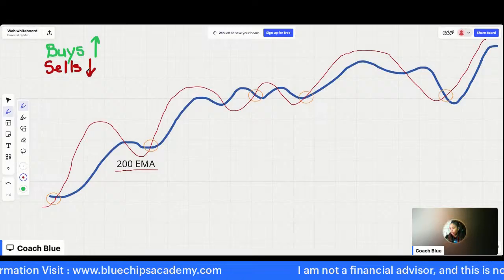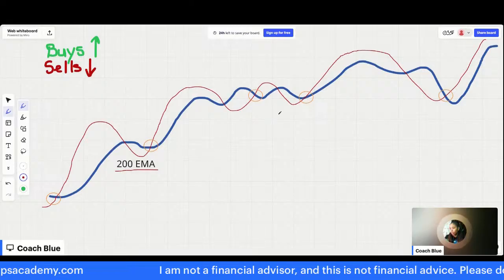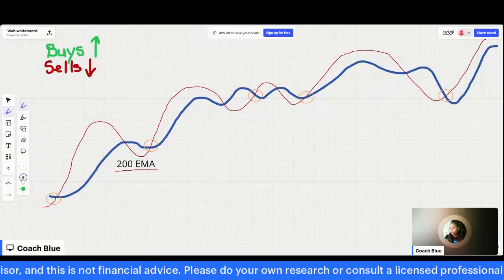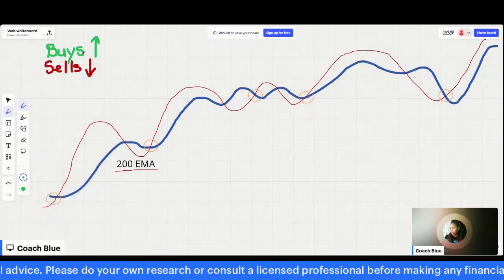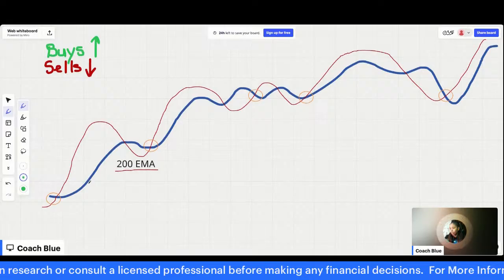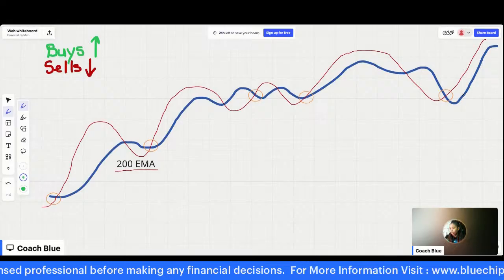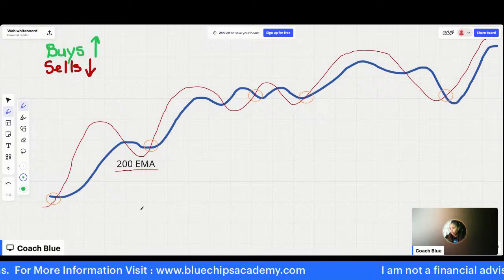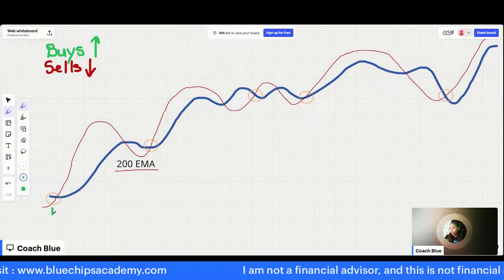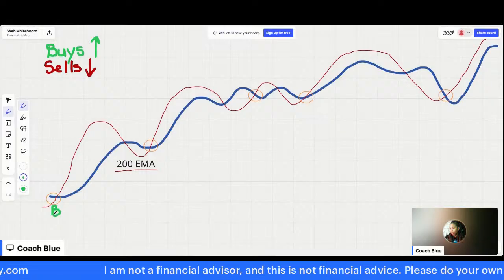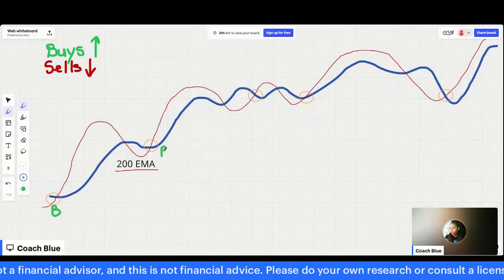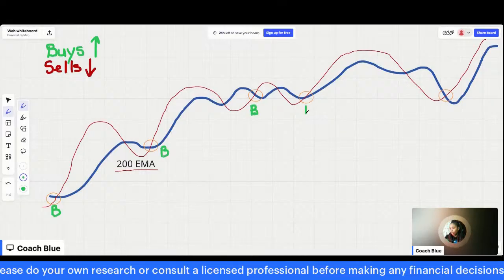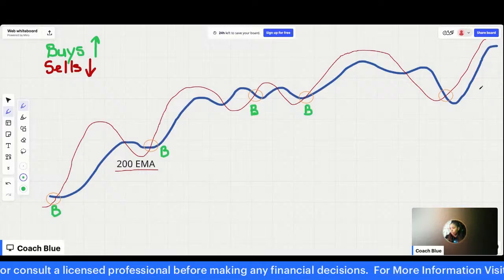So here we have multiple opportunities where the price is going up. If I'm looking at this, I know that my direction for buy should be going up. The 200 is already telling me that it wants to move up. Then the only thing that I'm looking for are buy opportunities in this circumstance. So here's a buy opportunity. Here's a buy opportunity. All of these circles that I highlighted are buying opportunities.